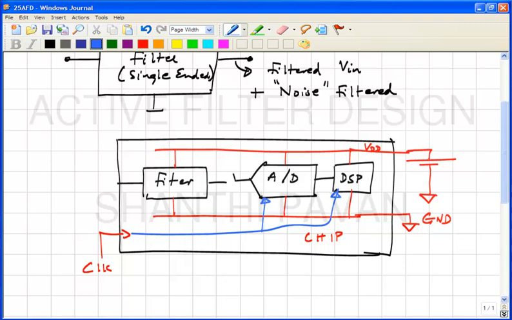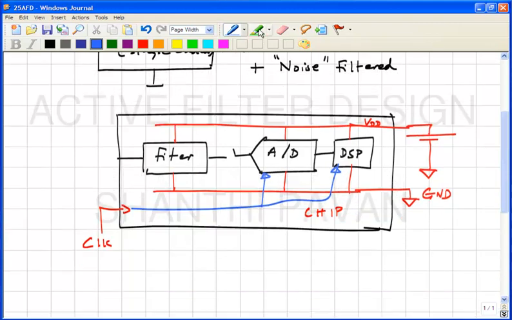Okay, so that's fine. Now, given that we understand this, it follows that the digital part of the chip will be drawing current from the supply in the form of spikes. The exact value of those spikes depends on the number of gates and what the DSP is doing, but it must all be in the form of spikes. Now, ideally, what have we assumed when we did all our filter calculations? What have we assumed for the supply? We have assumed that it is a constant, right? In other words, it's incrementally ground.